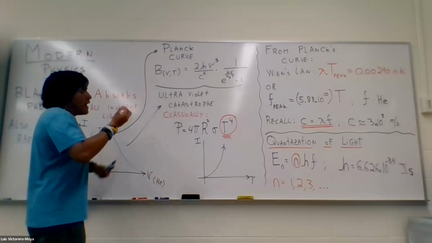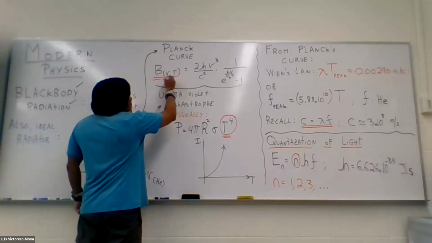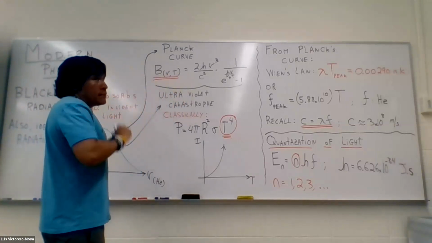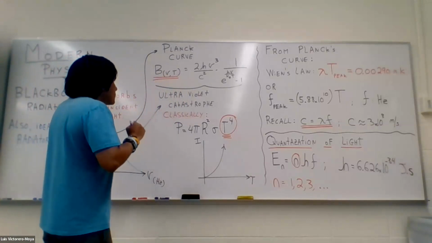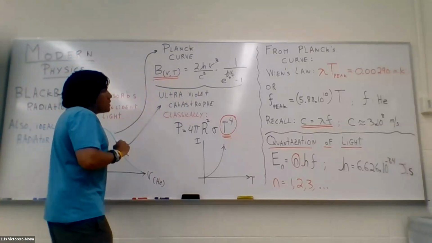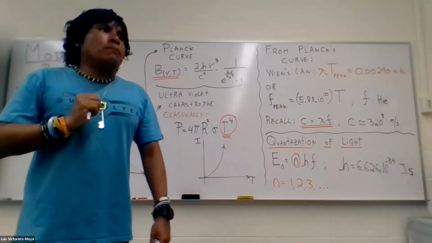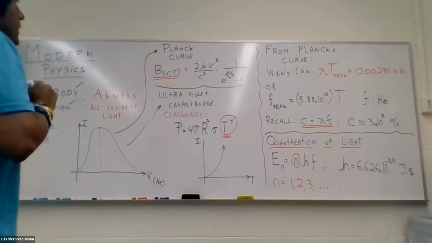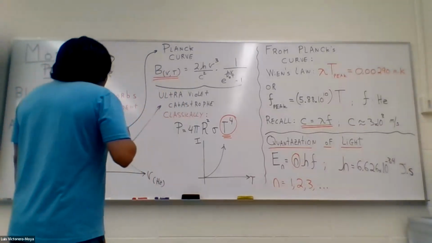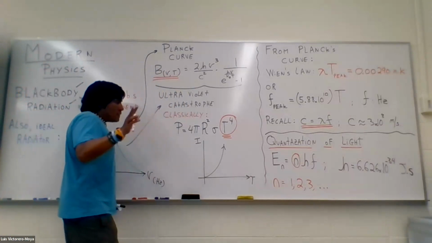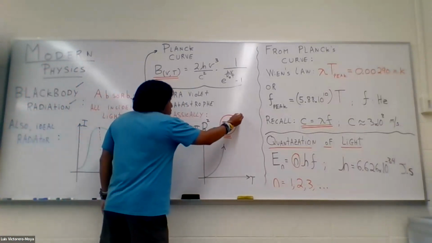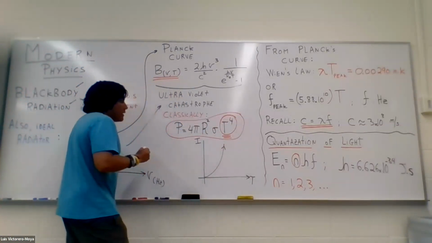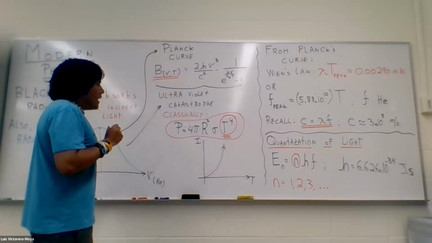You can also write the equation for Planck's curve as a function of wavelength and temperature. All right? Now, why is this equation important? It's important because this leads you to what we know as an ultraviolet catastrophe. Classically, you don't have this equation in the slides, but this equation is the one that we use to find the power radiated by a body